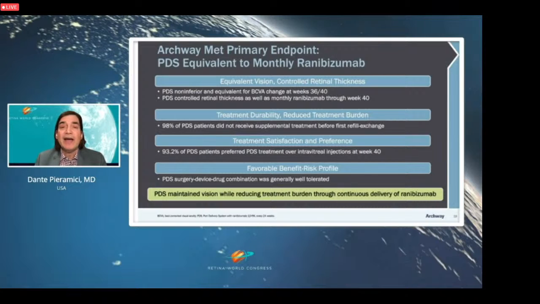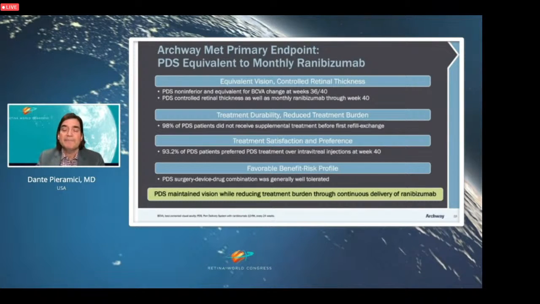The patients are very happy with this therapy and prefer it in the vast majority of cases. I think it does have a favorable benefit-risk profile. There are certainly some surgical complications that we need to be aware of. We may be able to mitigate many of these complications with better surgical technique and teachings. So I think that the PDS really has shown that it's maintained vision while reducing the treatment burden through continuous